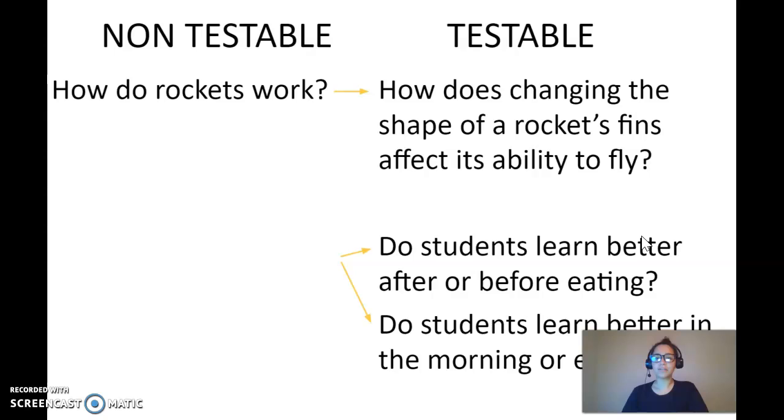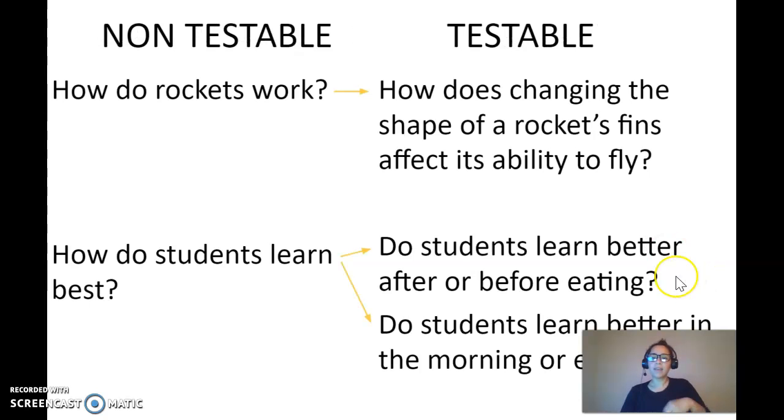So how do rockets work? This is going to be a non-testable question, and in order for it to be testable, we're going to change it to, how does changing the shape of a rocket's fins affect its ability to fly? So our independent variable will be the shape of the fins, and then the dependent variable will be the ability